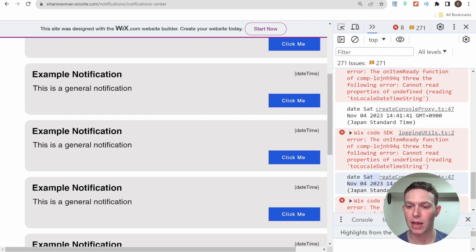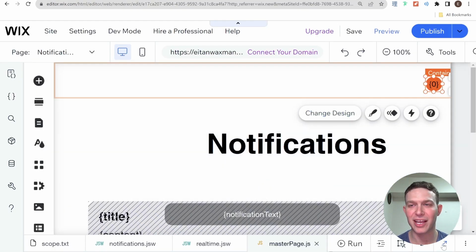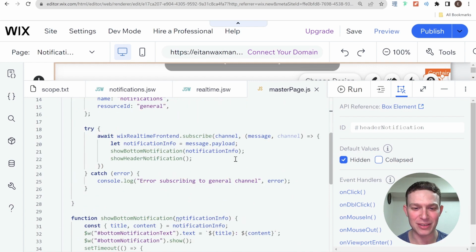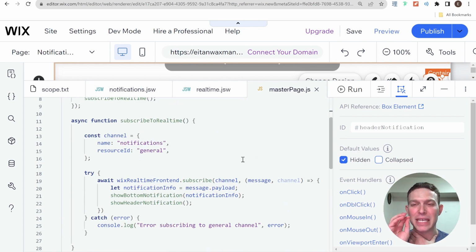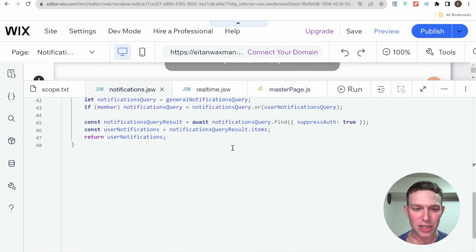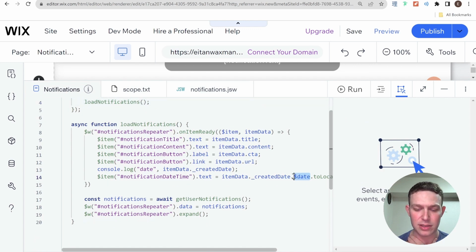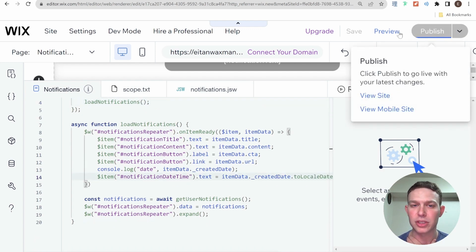Okay, let's see. Okay, so the date, I was wrong. So the date, you don't need to go into that sub. Just ignore everything I said about that $ date. I definitely had seen it at some point for some date related stuff. Maybe it's only if you have a date field, not one of the Wix generated fields. Okay, let's close some of these. So we're, yeah, notifications page, get rid of this, publish,